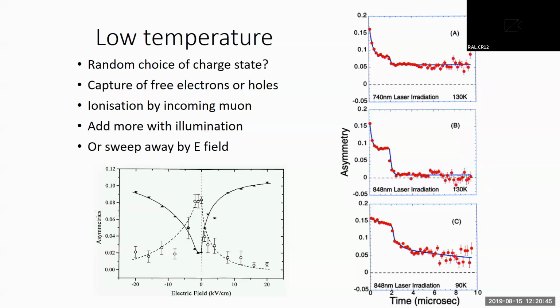It's slightly asymmetric because this is the electric field applied in the direction of the muon arrival or opposite to it. So that's how sweeping the electrons and holes works. Actually, it's put the electrons, which are the more mobile species, sweeping them past the muon as it stops before they go out to the side. It gives them the last chance to interact, or sweeping them back away from the muon.